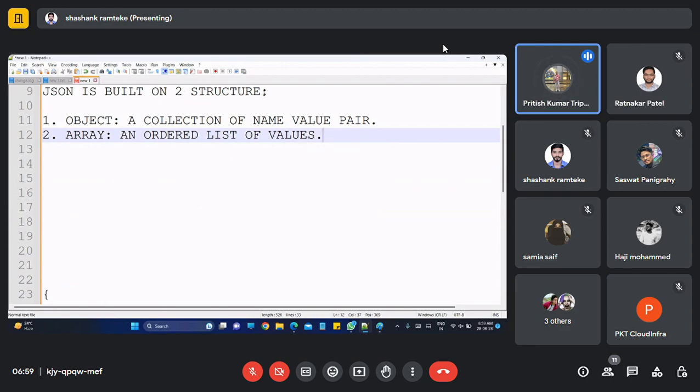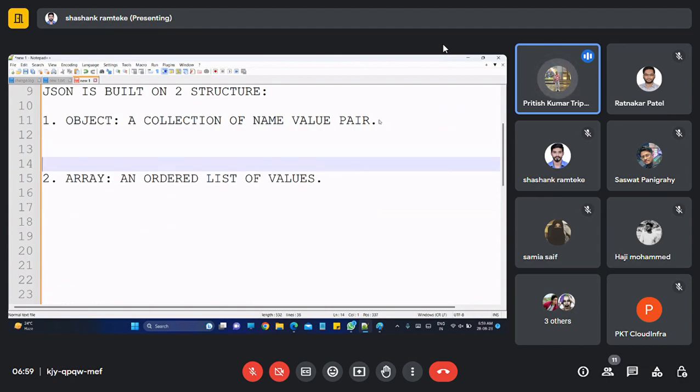See, if I come specifically to object, in most of the languages we realize an object as a record, struct, directory, hash table, keyed list, or associative array. We used to follow all these things.